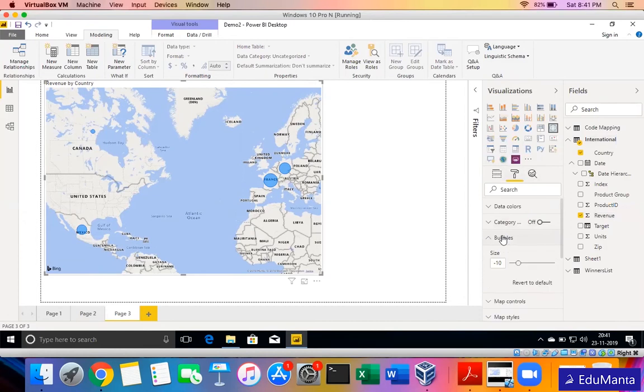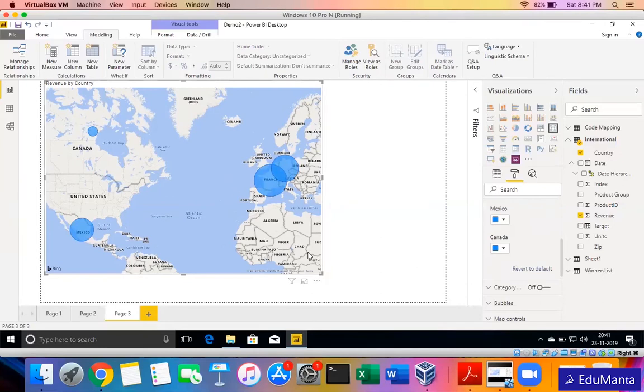The bubbles, the color of the bubble, the size of the bubbles, let me increase it a bit. Or color, again data color, by default it's blue. If I want to change the data color of each of the bubbles, I can customize it. So this is how Power BI understood, okay, here is geography data, I will plot a map here.